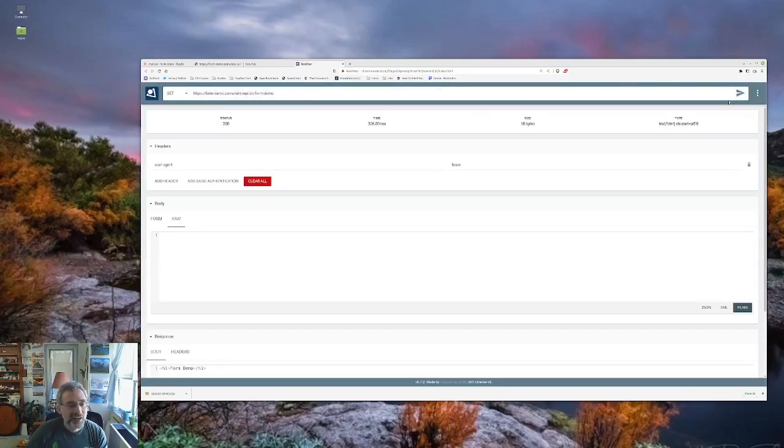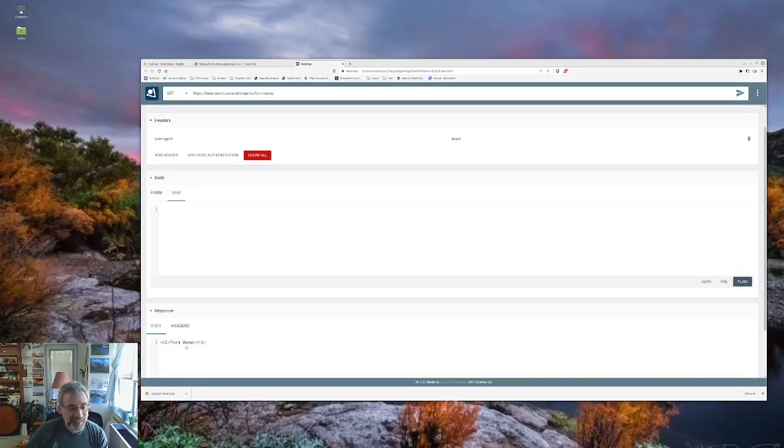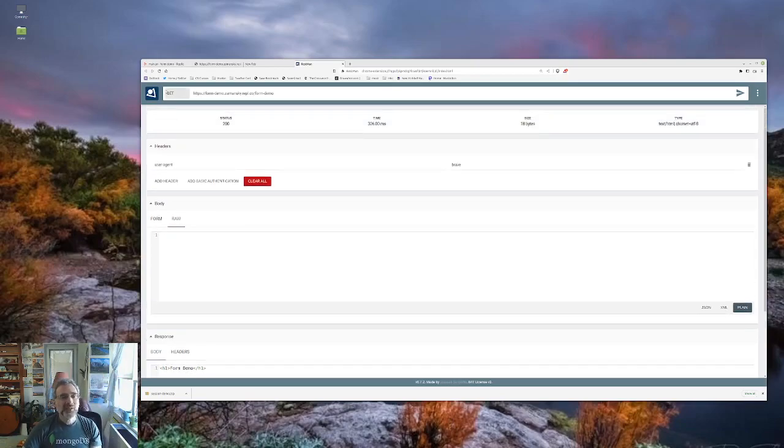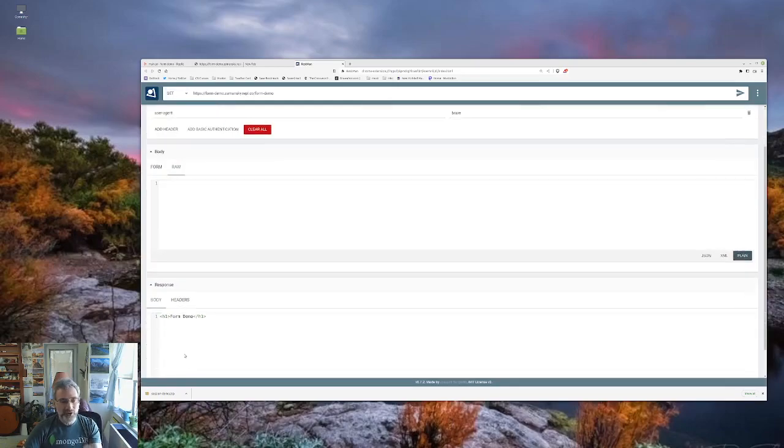There we go. And notice that it brings back our page. This is where we wanted to go anyway. I don't know what I messed up with the other one. But this simulates a GET call going to this particular URL, and this is what it returns to us,